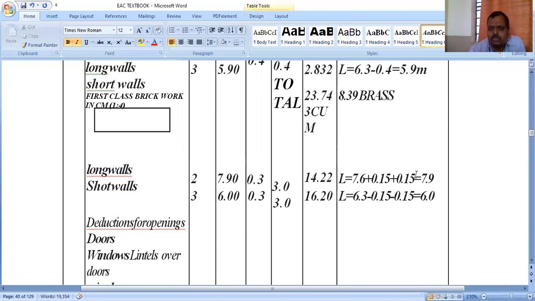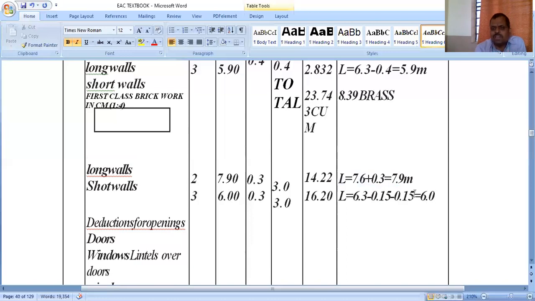Now here, if you observe the section, from the section we can easily make it out, and even from the plan also, we can find out the width of the brickwork. The width of the brickwork, we have already used it in the calculation of center to center distances. It is no doubt 0.3 meter. Okay. So the center to center distance is 7.6 meter. Here it is 7.6 meter plus 0.3 meter. It will be 7.9 meter respectively.